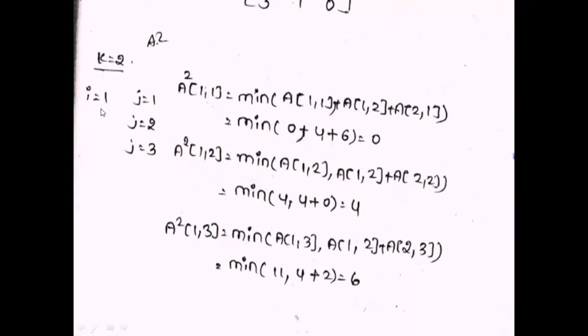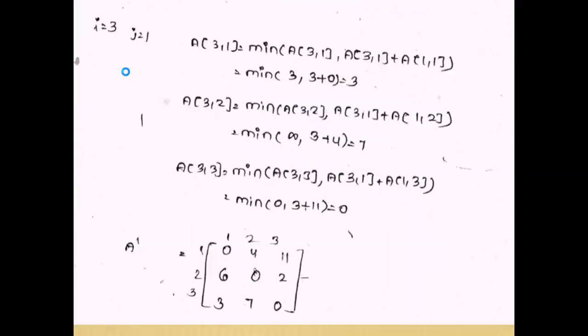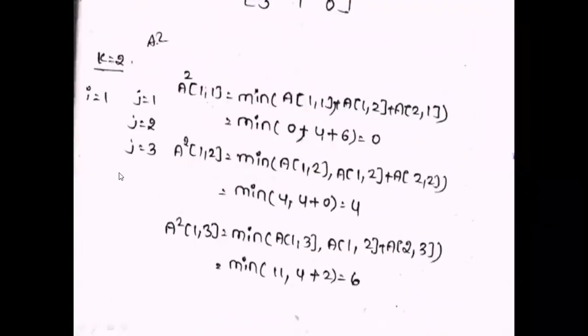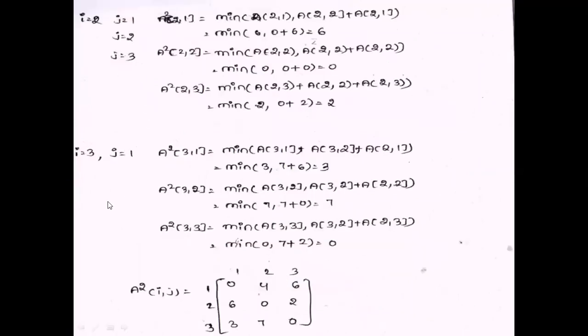Same for I equal to 1. It is for k equal to 2; in the original algorithm, first you execute for k equal to 1, next you execute for k equal to 2. So for k equal to 2, again for I equal to 1, the j for loop is executed 3 times. For I equal to 2, the j for loop is executed 3 times. For I equal to 3, the j for loop is executed 3 times.